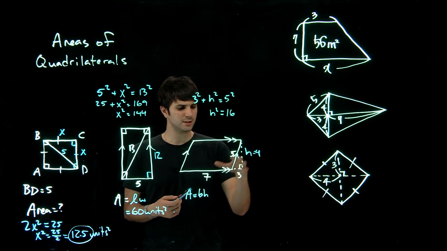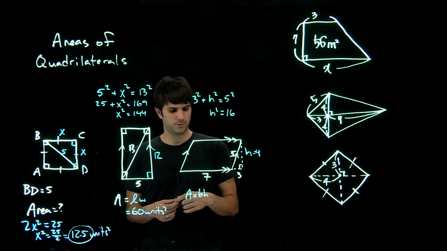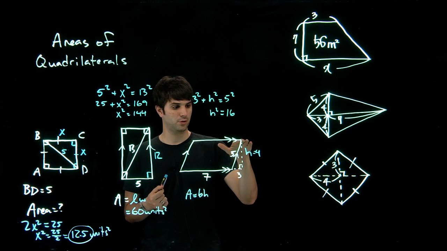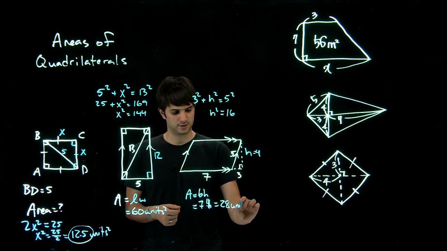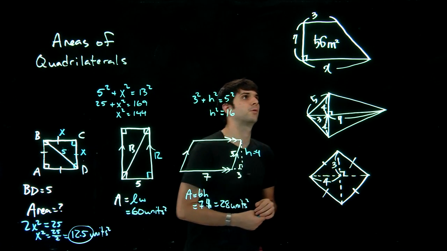So anyway, we know that this is base times height, which is the area. So 4 times 7 is going to be our area. The base is 7, sorry, the height is, let me rewrite this as 4. Okay, so that equals 28 units squared. Okay. Moving on up here, we have